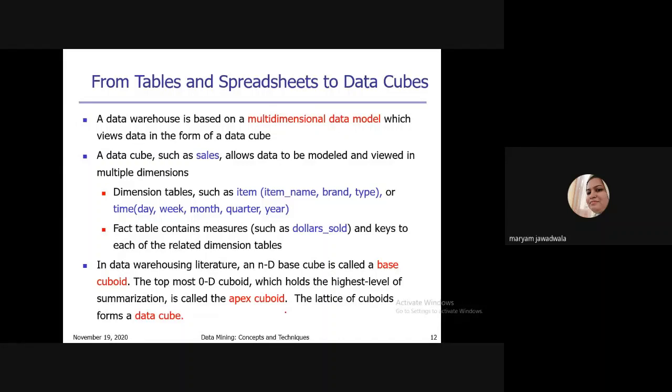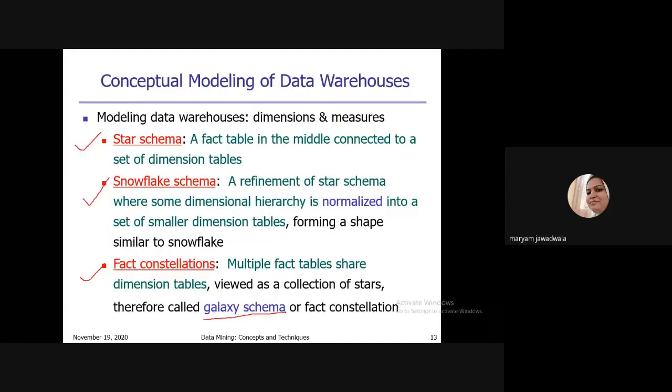These are the various entities related to sales. And what is the fact table? If I want to connect all the dimension tables, then I require one fact table. The role of the fact table is to connect all the dimension tables, and it consists of some real-time measures. So star schema, snowflake schema, and fact constellation schema are nothing but collections of fact table and dimension tables. Let's discuss each one in detail.